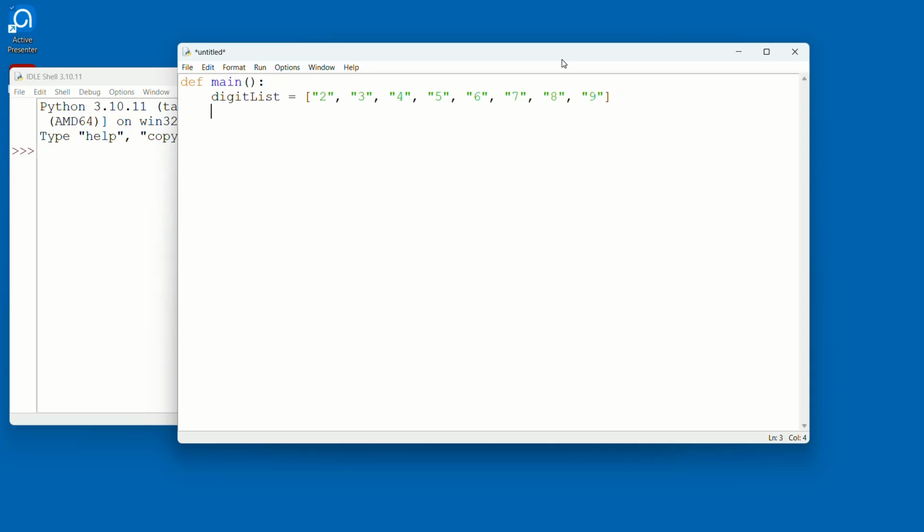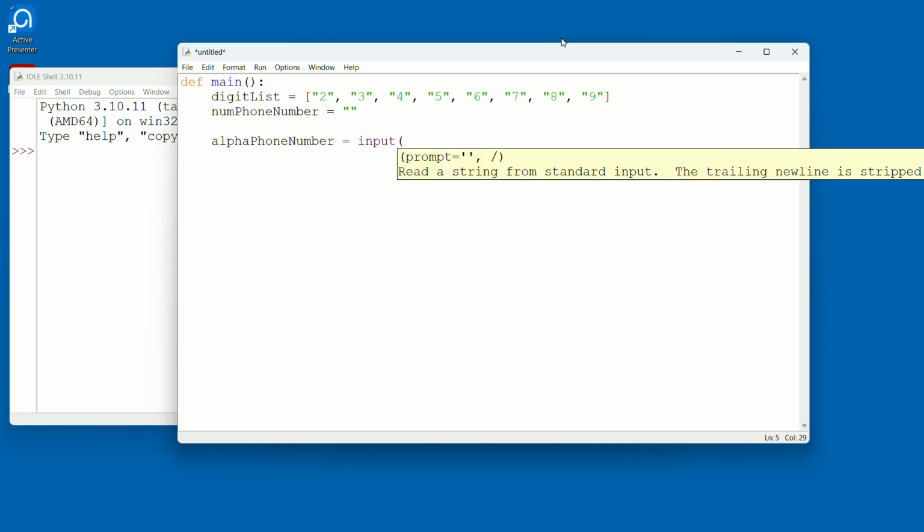Okay, so we got all those in there. And then we need to set up a variable. We're going to call it num phone number and set it equal to quote quote. So when we start figuring out which ones need to be changed and move things through, we'll have that variable already set up for us. Okay, now we're going to have to get the phone number. So we're going to call that alpha phone number equal to an input